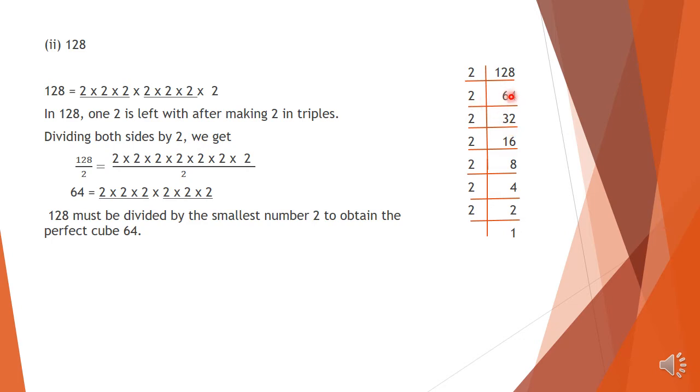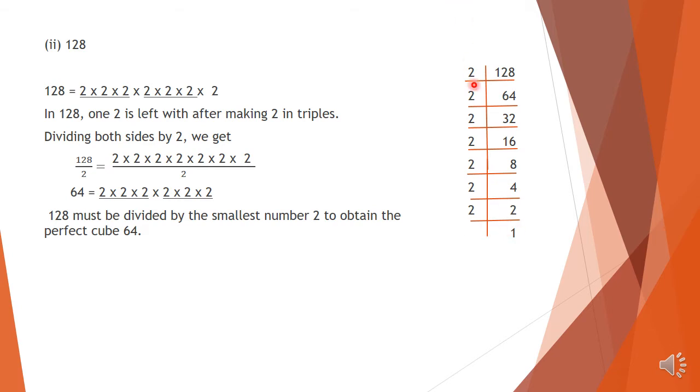Now the next digit is 4, and in 4 we have 2 times 2. Okay, so the number is 32. It is again even, so we write on the side 2. In 3 we have 1 time 2, and then we get 2 here, and 3 minus 2 doing time we get 1. 1 and 2 makes 12. In 12 how many 2's are there? 6 2's are 12. The number is 16. In 16 we have 2's 8 times, no remainder. In 8 we have 2's 4 times, and in 4 we have 2's 2 times, and in 2 we have 2's 1 time only.